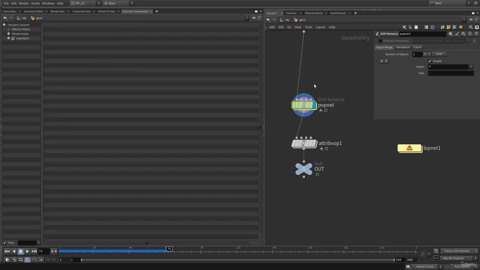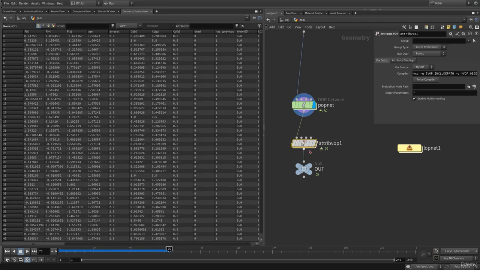Here, if you have the TopNet selected, Dynamics has a different type of geometry spreadsheet, which means I just need to select this out SOP node, and now we are in the SOP context, which has the geometry spreadsheet like this. And in here, if I check, you can see our age is now set to 1.9,